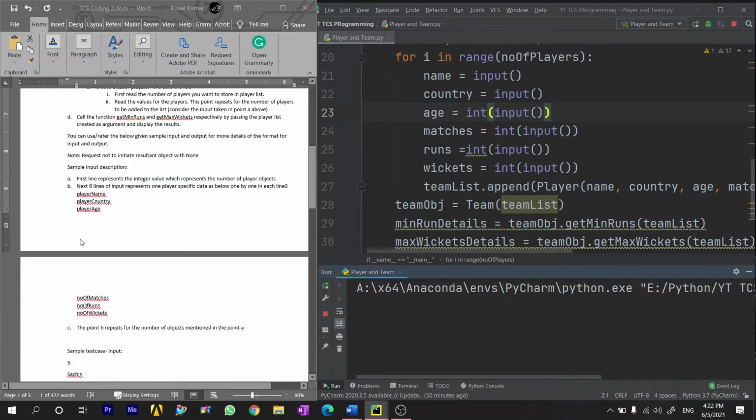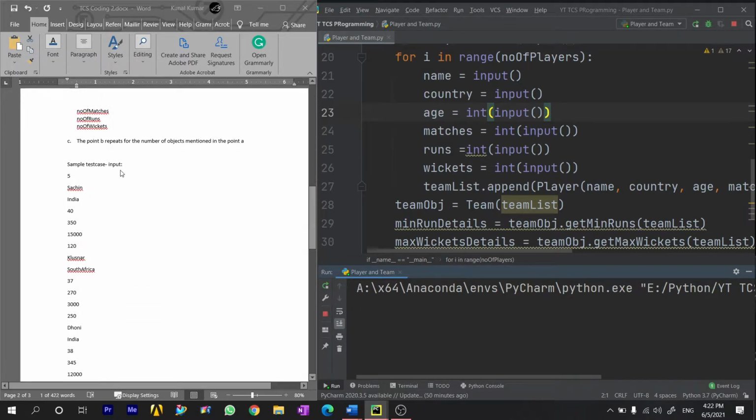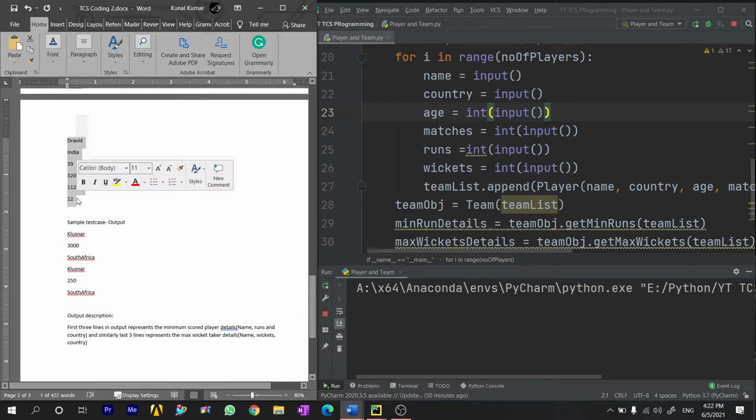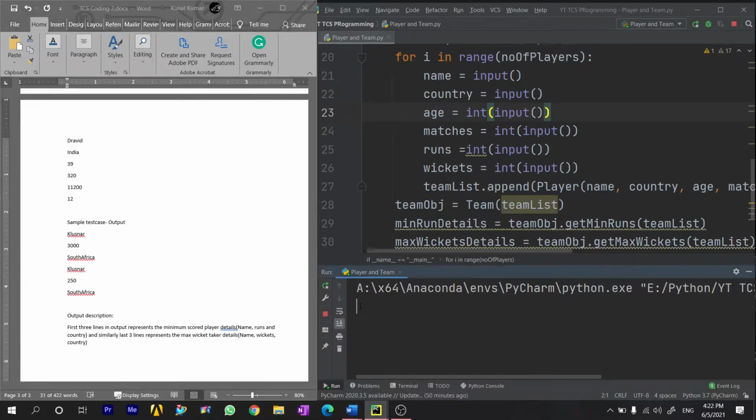For input, I will use this sample test case. You just need to press compile in the TCS CPA exam, and input would be given automatically. So we have this. I will copy this and paste it over here.